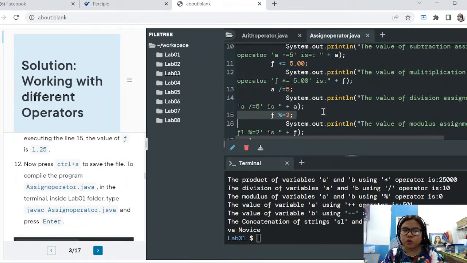To compile the program, assignoperator.java. In the terminal inside the lab01 folder, type javac assignoperator.java and press enter. So Ctrl S, and then let's have